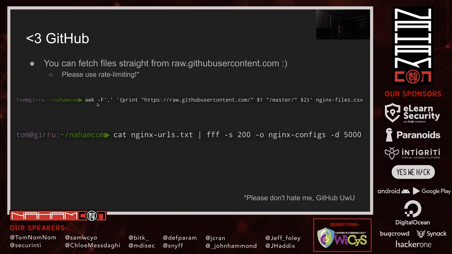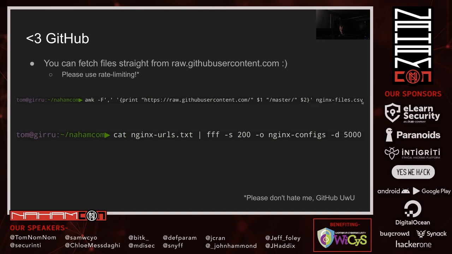So here I'm using awk, using big F to say the field separator is a comma, and I want to print out the URL https://raw.githubusercontent.com/$1, which is the repository, and then /master, which is the default branch name in Git, /$2, which is the path to the file.